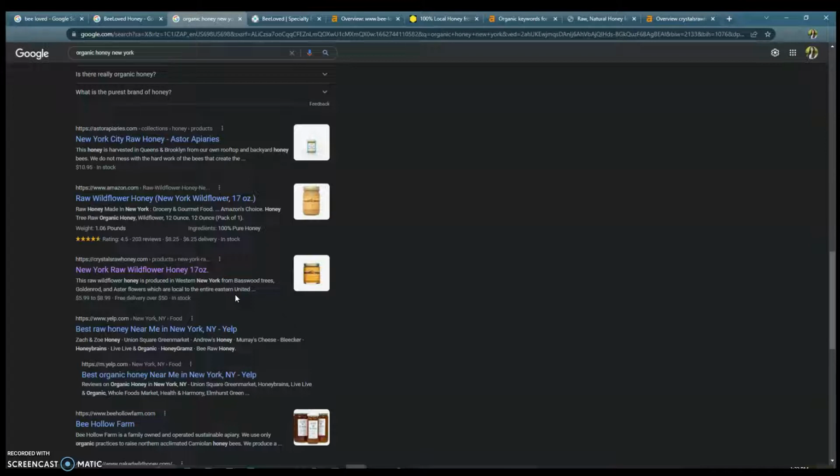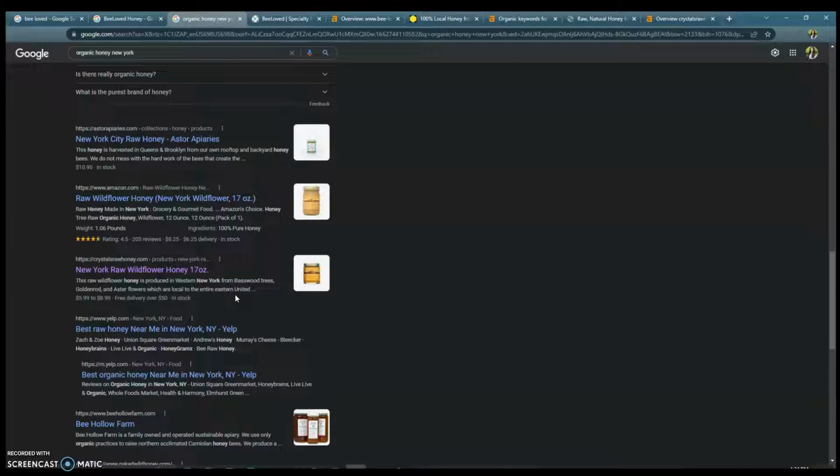search result, right? Now, also, the more content that you have on your homepage, the better, because Google bots crawl websites 24/7. The more content that you have, the longer they stay on your site and the more keywords you're indexed for. So for example, the different types of honeys that you have, right? Whenever you have each product and you have a description, which is content, and then you have keywords within it. So if somebody is looking at ginger honey, you're going to come up with that search result,